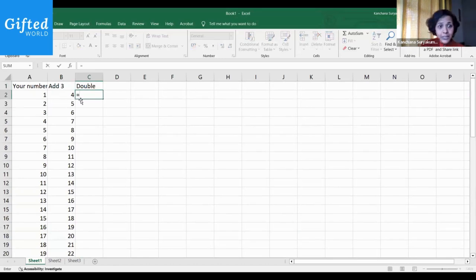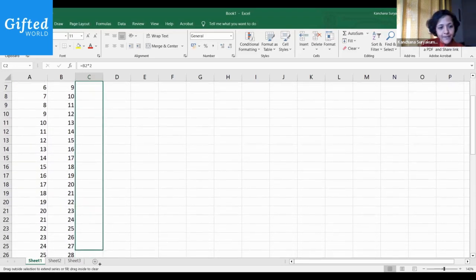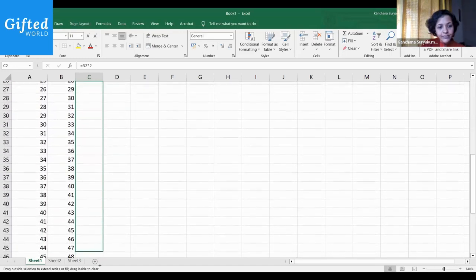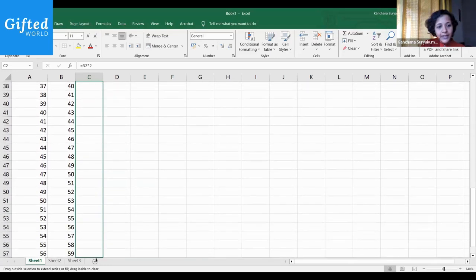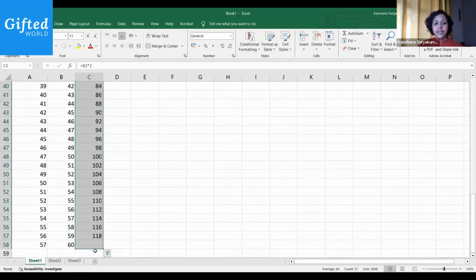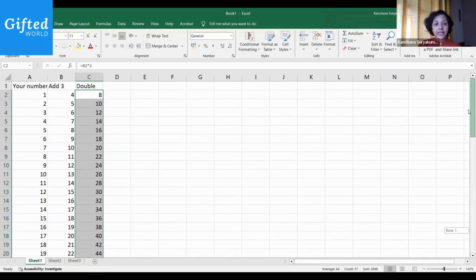So I'm going to say is equal to, take whatever number was in the cell to its left, and I'm going to say into 2. In Excel, in spreadsheets, the multiplication sign is the small asterisk sign that you find above the number 8. Yeah, so shift 8 should get the multiplication sign for you into 2. So I say B2 into 2. Again, click the cell, drag it down. It does the multiplication by 2 for me.